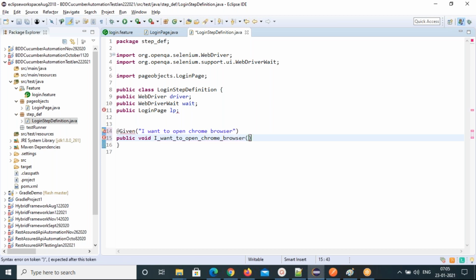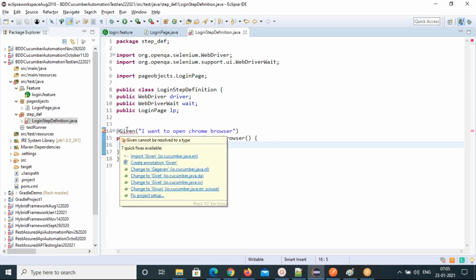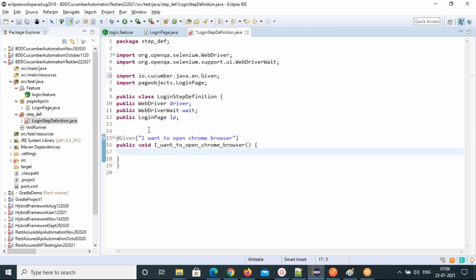Then write a method like this. Now import this Given keyword. This is the mapping. Every step you have to map with the feature file. If it is not mapping, it won't work. So you have to map. Now write the code for this.